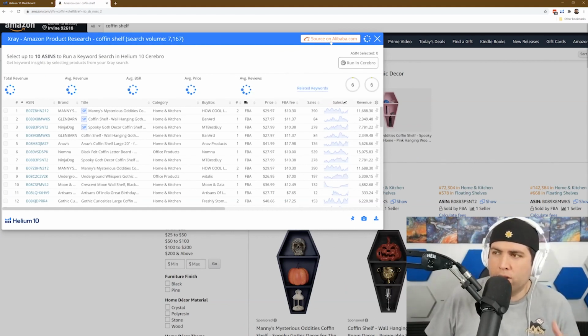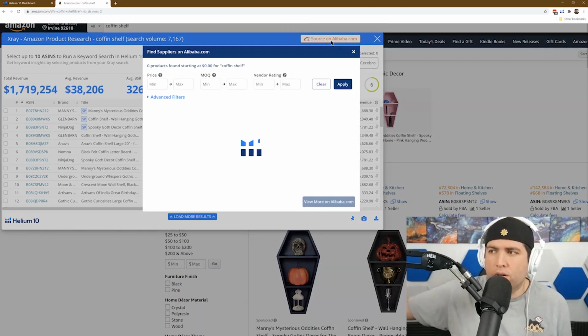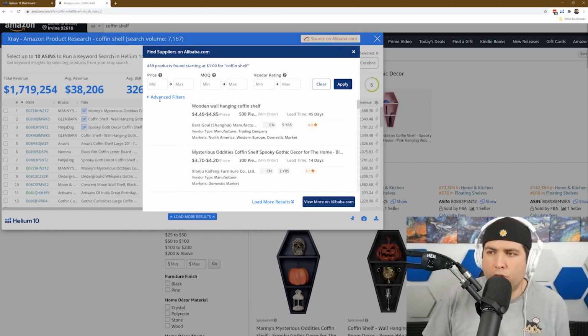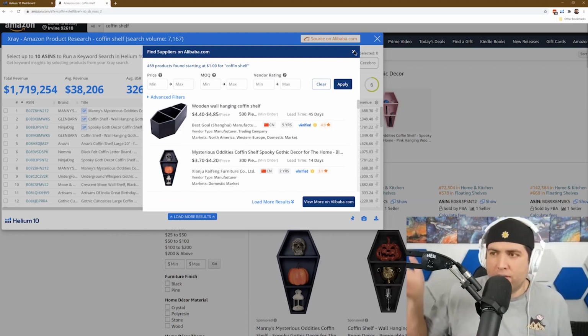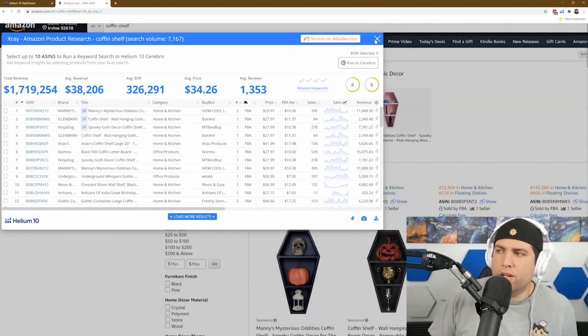The other tool I just mentioned right here is one of our newer ones, where you can click on a search page and you can actually get the results from Alibaba.com. And I can put in filters, hey, show me the products that are being offered on Alibaba.com. Here's somebody even using our image from Alibaba.com right there of the coffin shelf. But that is the main function here of the Chrome extension.